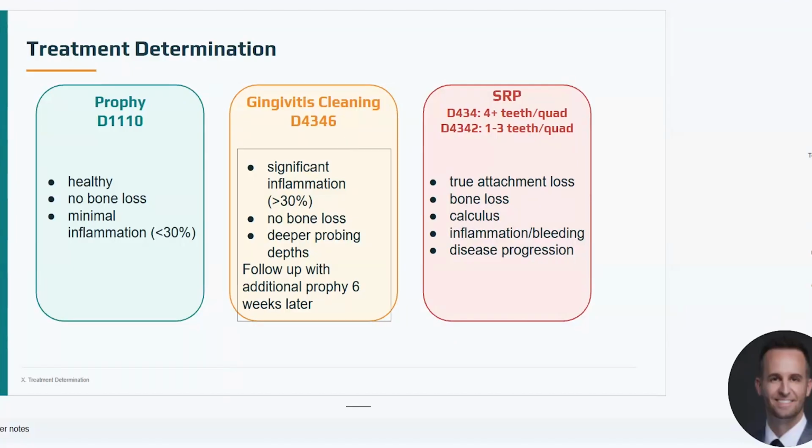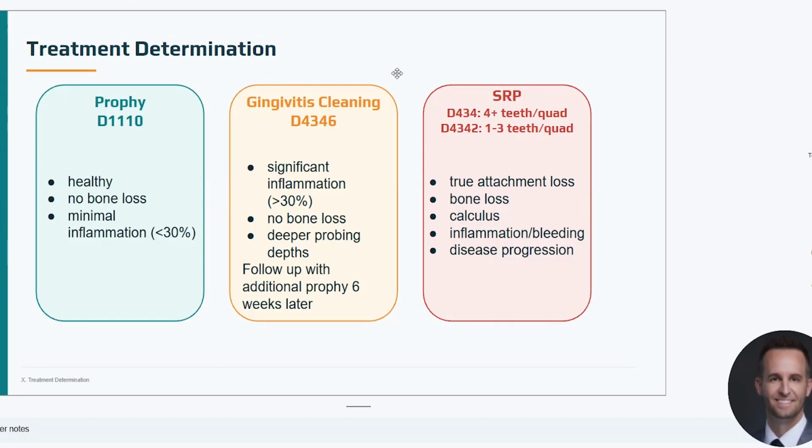Now, if it's a patient who doesn't have any bone loss, but they've got a lot of deeper probing depths, lots of bleeding everywhere, you can tell they haven't seen a dentist in 10 years, they don't ever brush their teeth, they've just got tons of inflammation going on, greater than 30% of the teeth, go ahead and tell them we need to do the gingivitis cleaning. And then in 6 weeks, we're going to follow up with an additional prophy. They're going to be mad. They're going to be like, well, why do I have to pay for 2 cleanings? Well, tell them,